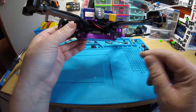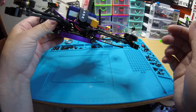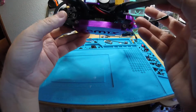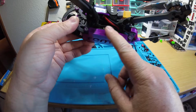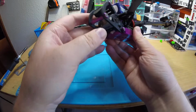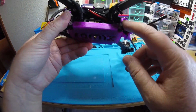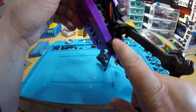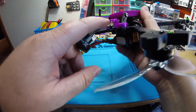So yeah, you got the Remix frame, you got the Hype Train. These are the original Hype Train motors, the 2450 kV. Pretty sweet motors. You have the Hobbywing F4 stack with the 35 amp 4-in-1 and F4 flight controller. You have the Rotor Riot Swift 2 camera. There is a Unify Pro V3 in there, right here in the back. And Smart Audio is hooked up,